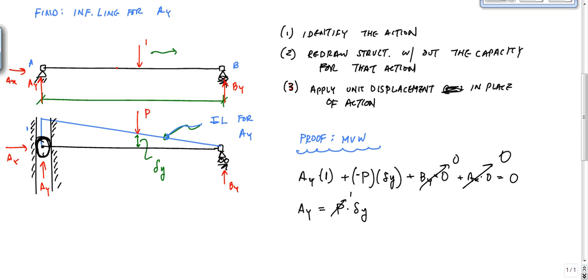All right, welcome back. Part two of influence lines for statically determinate beams using Muller-Breslau. In the first video, we went over what it was, did a very simple example, and showed you a very simple proof. And now we want to go over some of the finer details about applying Muller-Breslau and just what it means